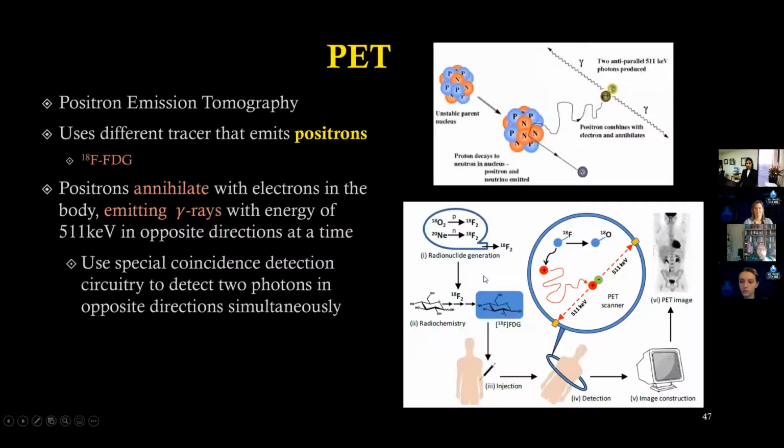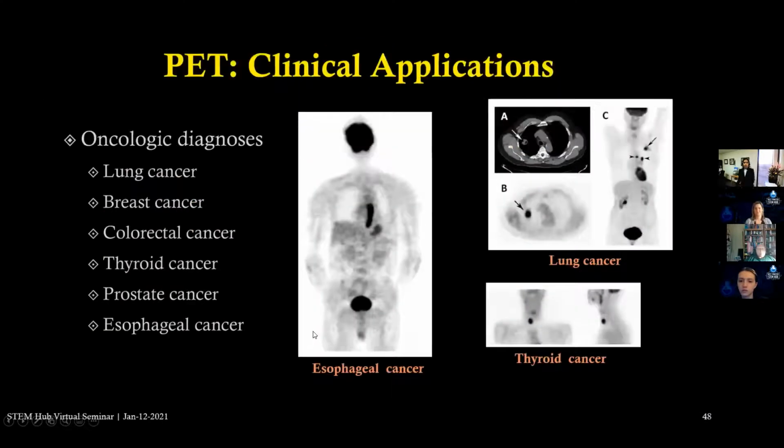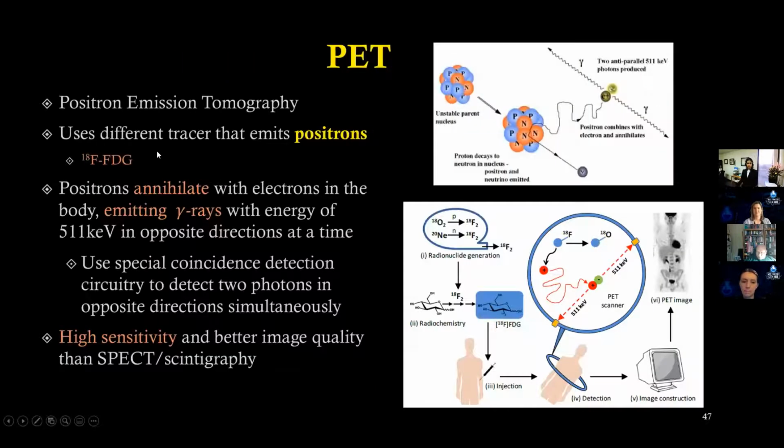And this is again, as I said, it uses a different type of radionuclide. So these are generated and injected and again scanned, and this is how your PET image looks. And PET has slightly different clinical applications. It's primarily used for oncological or cancer imaging, because if we go back in PET, this is